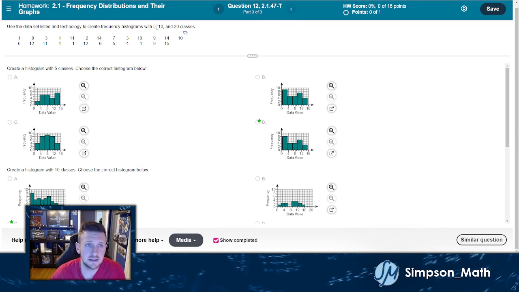So this one has a histogram that has 5 classes. They all have the 5 classes, and they all have the same X scale, so I'm not needing to worry about that. It's just where would they fall. So here's the deal, guys. I'm going to pick one that is notable. So let's say I see lots of ones. So those that are